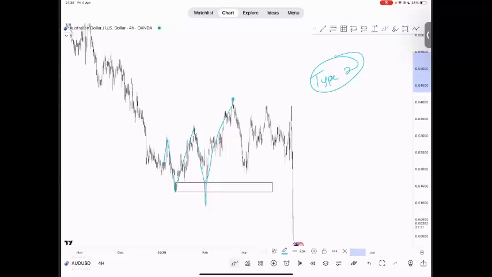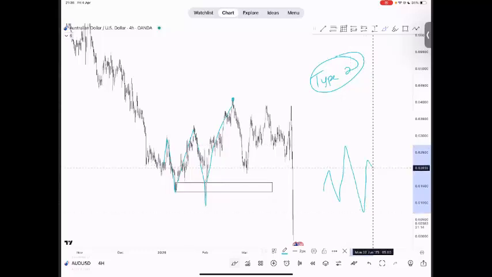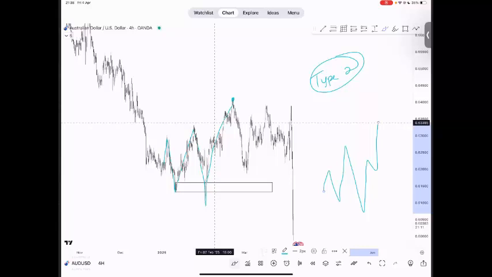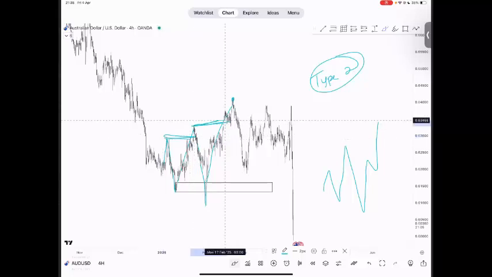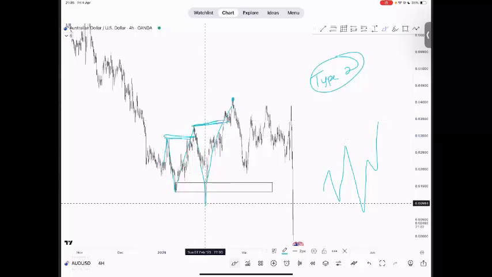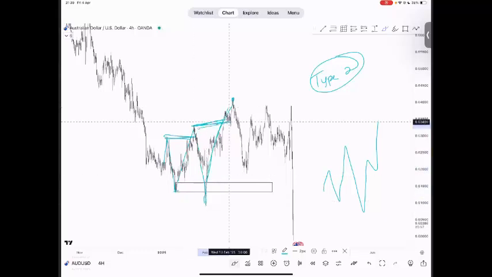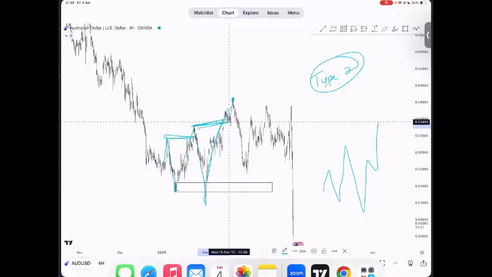But in tomorrow's class, you will definitely understand what happened here. It's still very much: what do you understand? Because this went ahead to do what, putting in your heart. I told you after the first change of character, you need another break of structure from the new. So that break of structure, whether it took out a low or whatever, now price reversed and put in another high. Do you understand the confirmation for a new trend? Is that okay? Yes, I understand now. All right. Yeah, thank you.